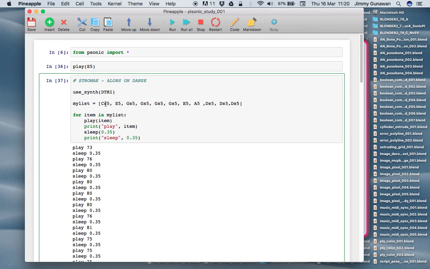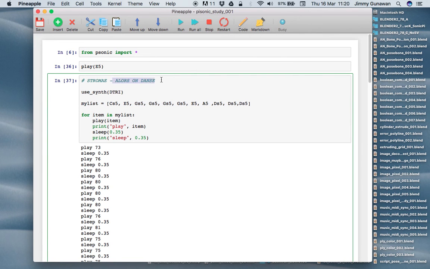It's just the dun dun dun dun. I think there are only 10 or 11 or 12 notes here that he keeps repeating. These are the main notes of his music called Alors on danse, and the lyric itself is